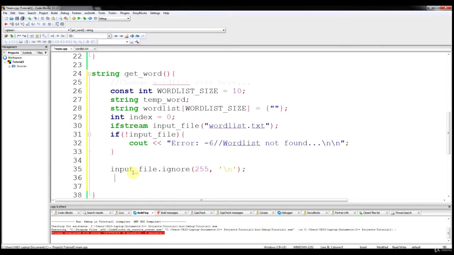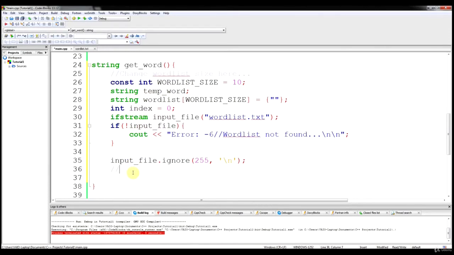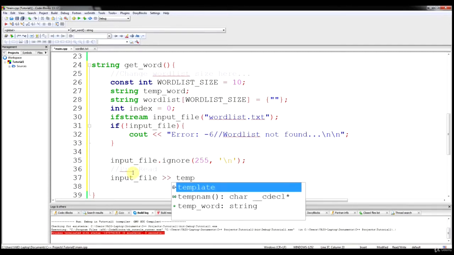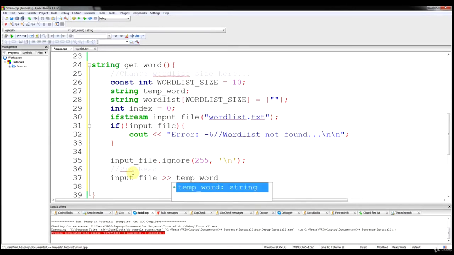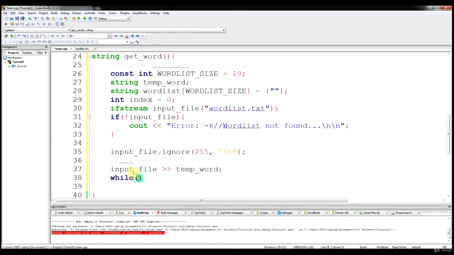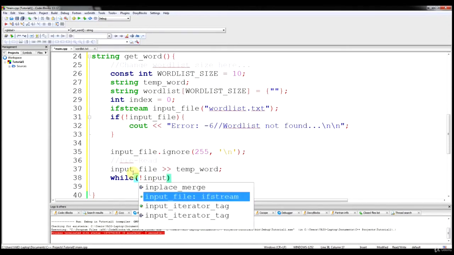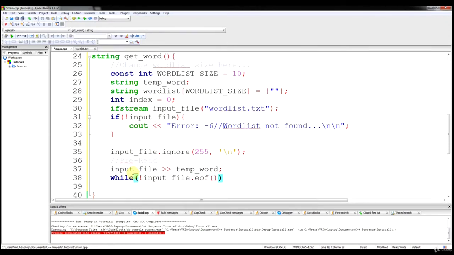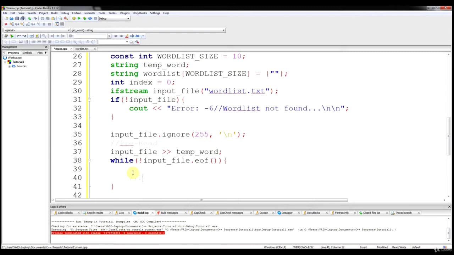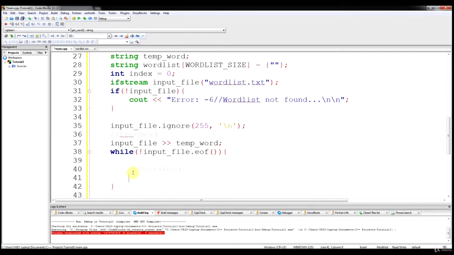And then we'll do a pre-read. Comment it there just for habit. We'll say input file temp word, and then our while loop, and we'll say while not input file dot eof. Go ahead and make a post read. It's the same thing, remember, as the pre-read. Input file